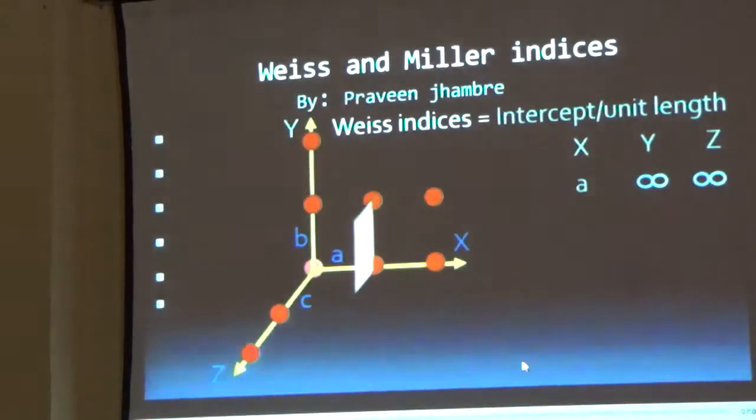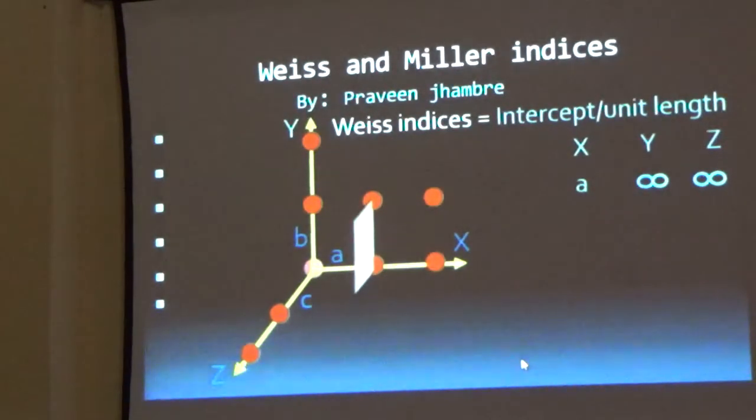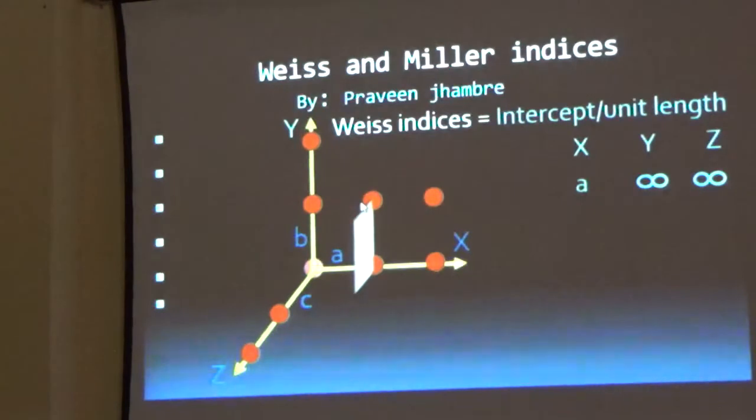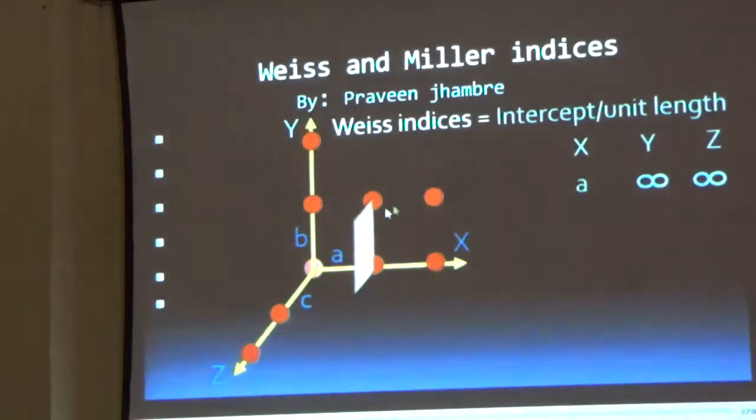That can be calculated with the help of the diffraction method, but it is not necessary to calculate that, because we only want to consider the position of this. So the intercept value,